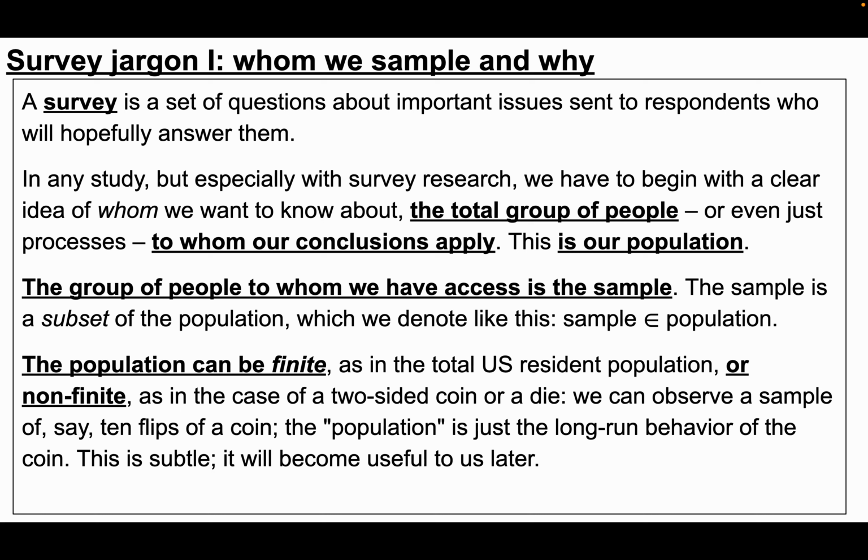classical probability, a lot of times in the simplest probability examples, such as flipping a two-sided coin or a six-sided die, the notion of the population is a little bit tricky, because what is the total population here? If we take a sample of 10 flips of a coin, what are we doing inference on? Really we just mean the long-run behavior of the coin, but there isn't a finite population of all possible coin flips, right? So sometimes that perspective, that classical probability examples oftentimes don't have a finite population, is helpful,